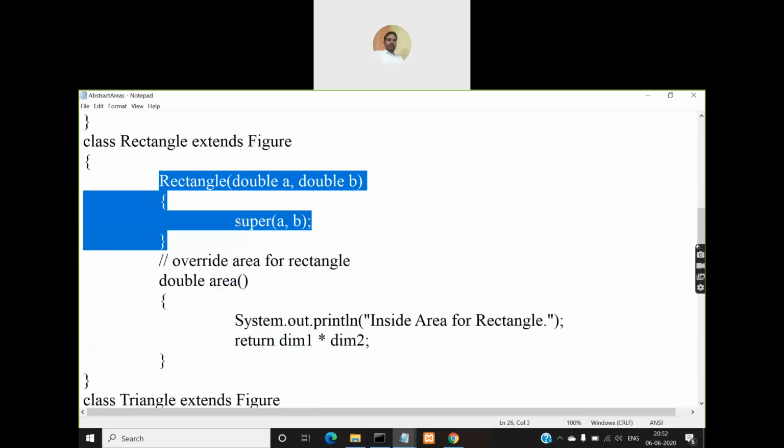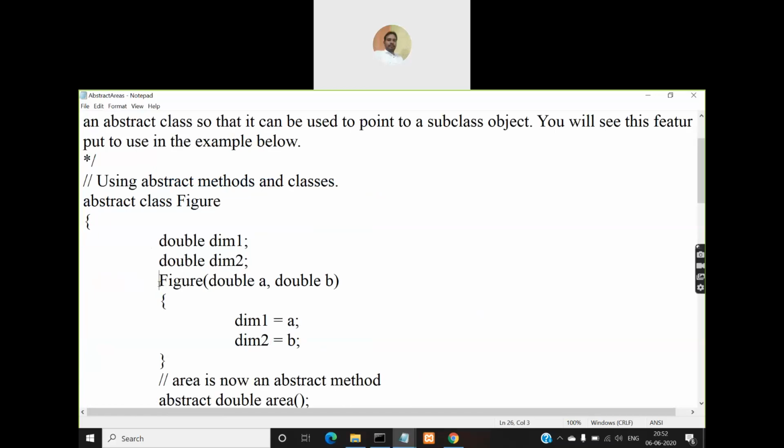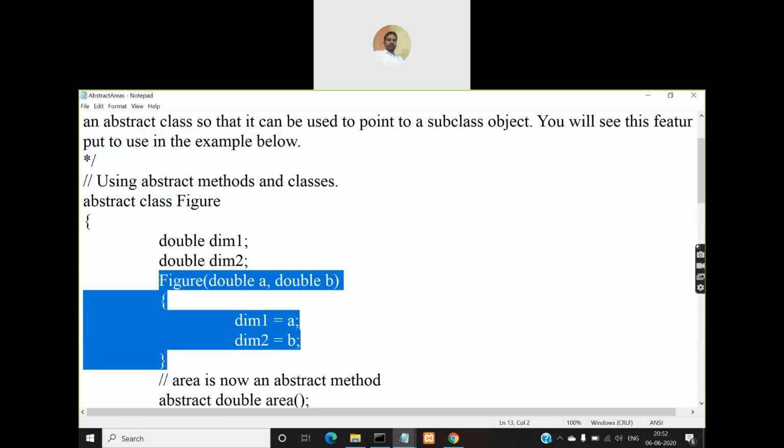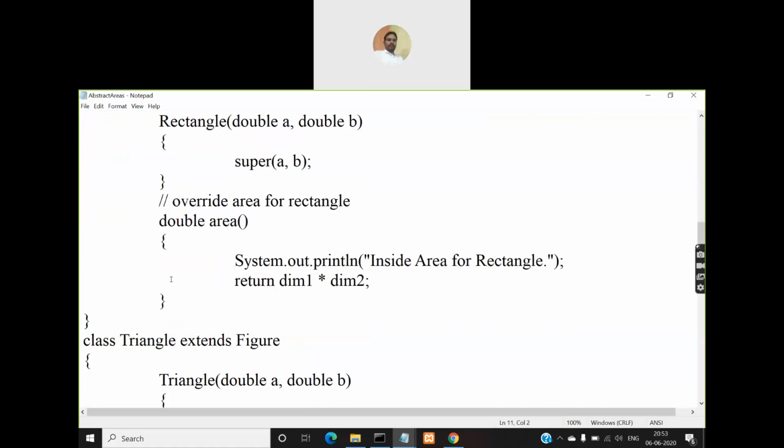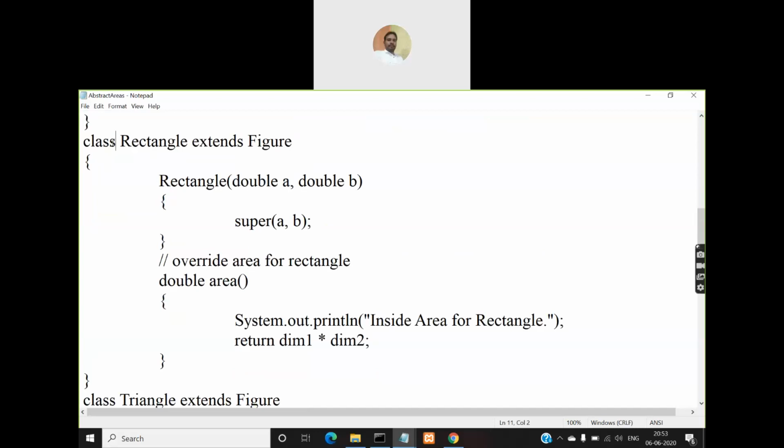So why I am doing this here is because I cannot instantiate the superclass because it is an abstract class. Can I create an object for class figure? I cannot create, right? So that's why when you don't create an object for class figure, this constructor will never be executed. So if this is not executed, then dimension 1 and 2 will not be initialized with some value. So what we need to do, we need to create an object for the subclass because it is not an